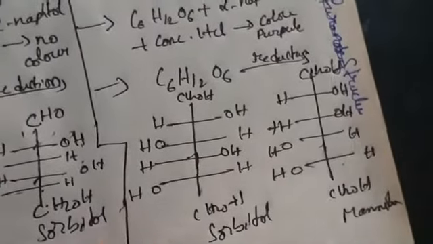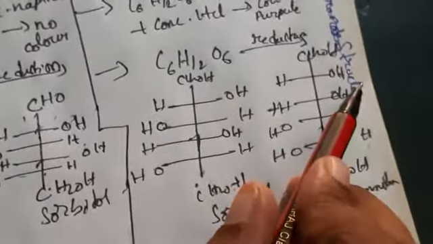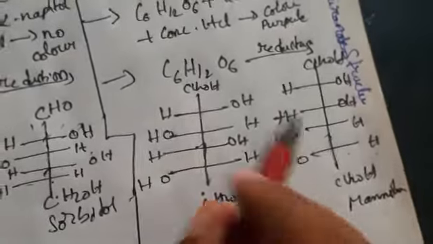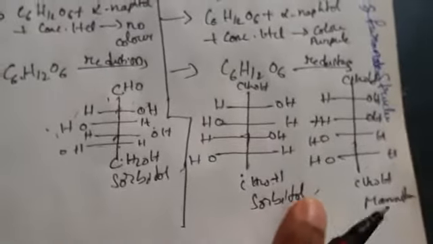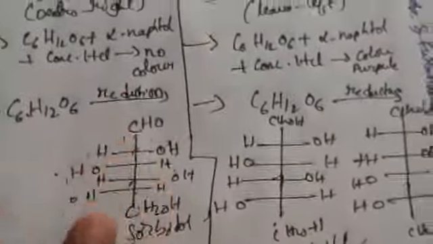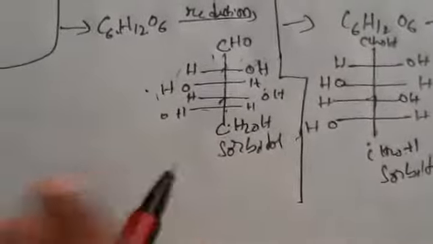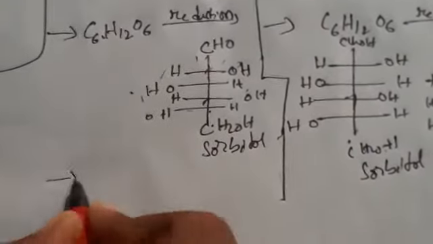So if you have observed here, these two are isomers. Here, how are the OH groups? Two are on the same side, two are on the same side. But coming to here, all four OH groups are in opposite directions. So glucose forms only sorbitol. Coming to fructose, it forms sorbitol and mannitol when we do reduction. And coming to here, when we do oxidation,